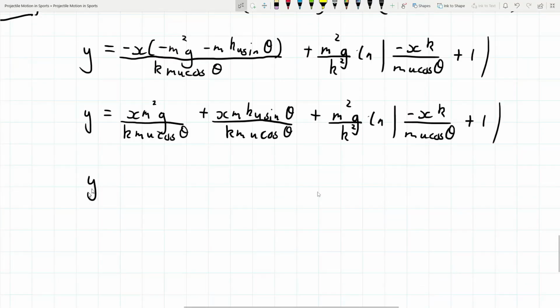Now we get y equals, so now some of the m's are going to cancel, so we're going to get x, and then m squared over m is just m, then g over